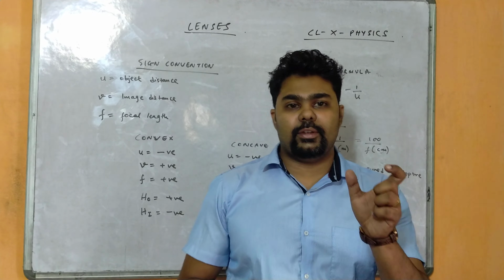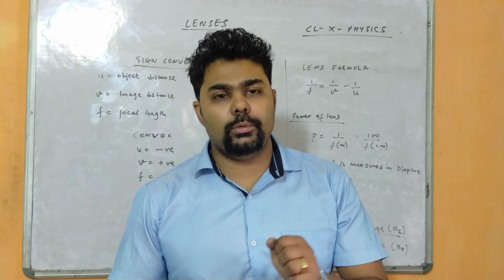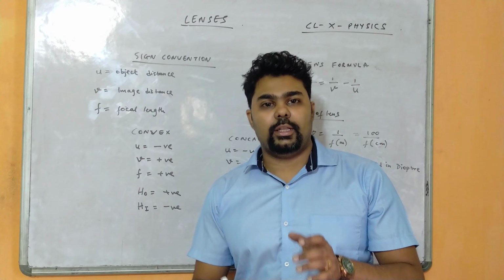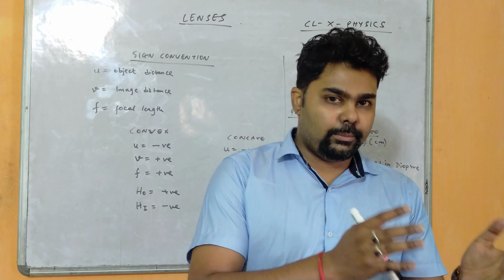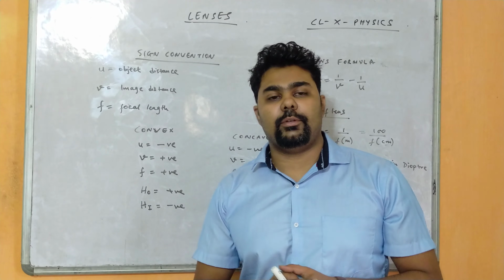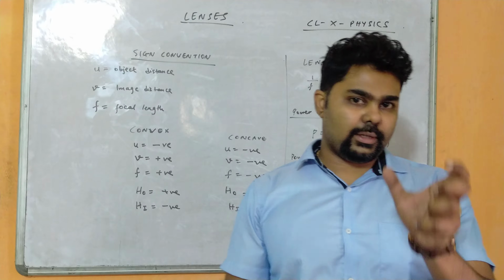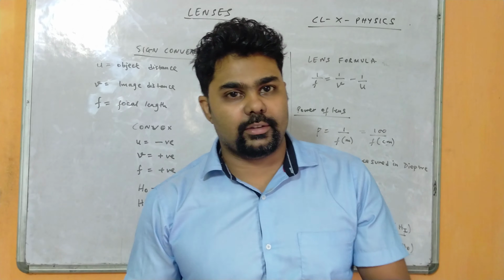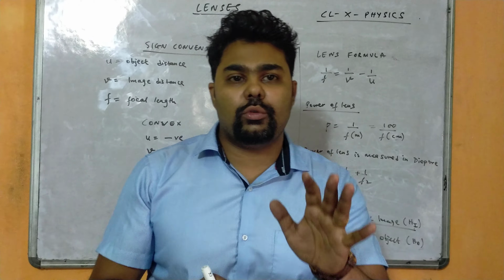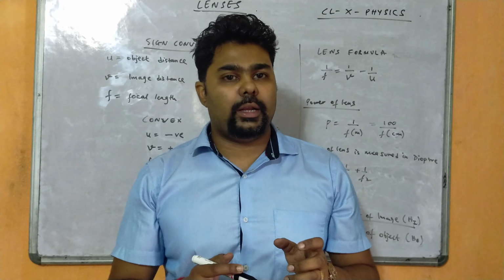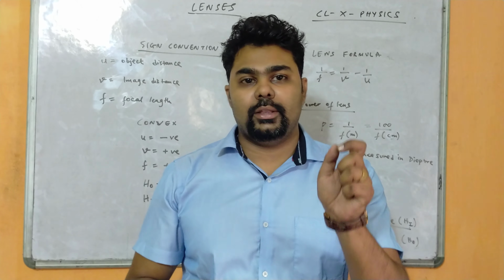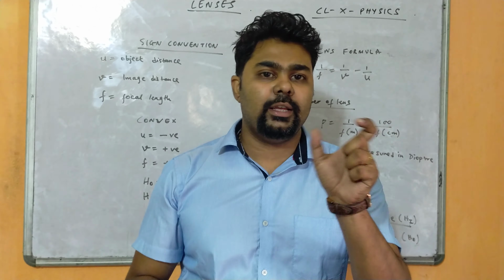But there is an exception, as already I have told you, that in case of convex lens, when the object is placed within its focal length, that is between optical center and principal focus, the image is formed on the same side and it forms a magnified image, and this concept we use in case of magnifying glass, right? So this formula which I am going to explain now will be used in numericals, and make sure you don't make mistakes while giving the sign, that is plus or minus, in case of object and image distance, right?